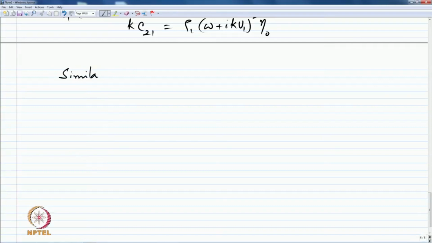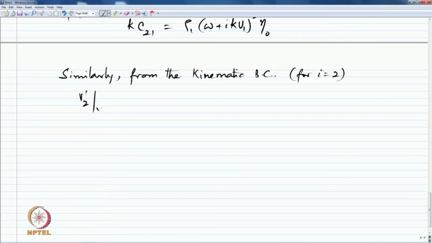Similarly, then we have another kinematic boundary condition requirement for fluid 2, and from there we have essentially the same requirement, but written now from the sense of fluid 2. Now, substituting what we have for V2 prime in here, we get minus k C12